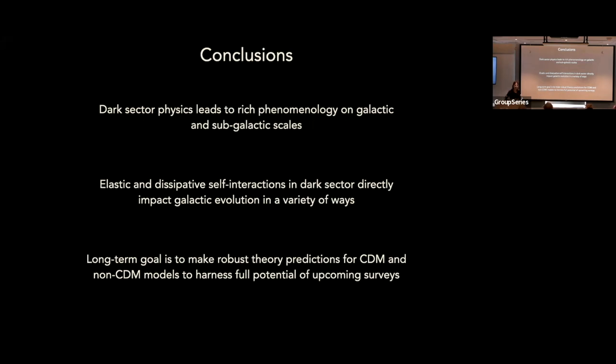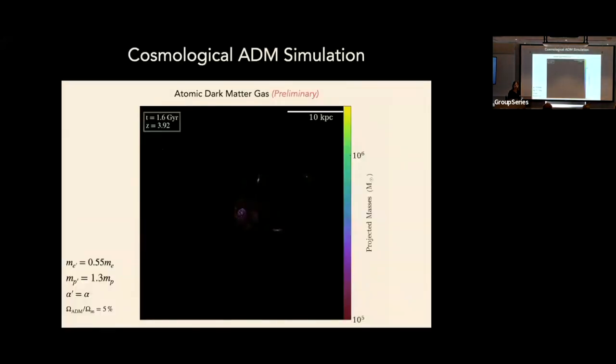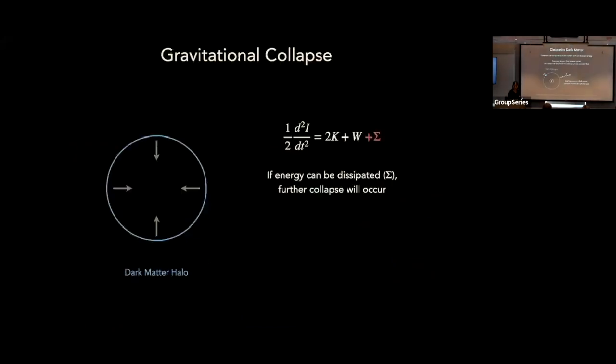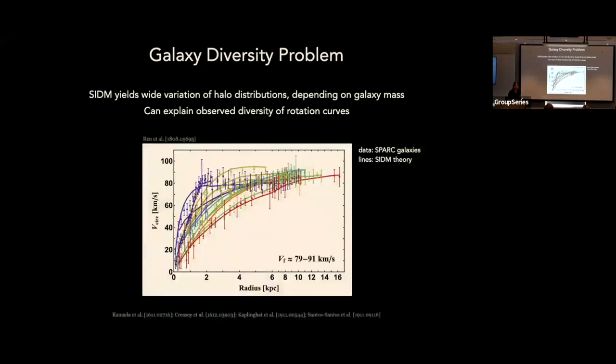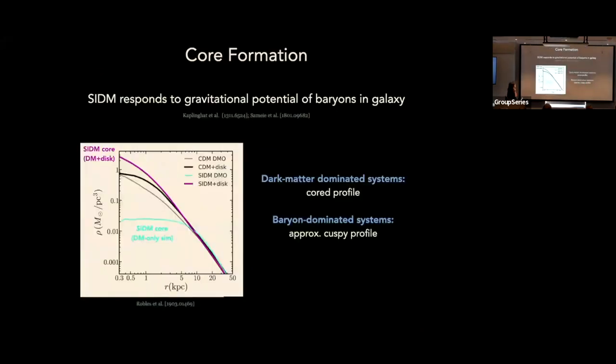Okay, that works. Can you go back to the one slide that showed the elastic self-interacting dark matter and how the profile changes based on the baryonic feedback? This one? Yeah. So you said as a rule of thumb, self-interacting dark matter leads to this coring, but it looks like once you add the baryons, it makes the cusp steeper towards the center than CDM. So it looks like it has the opposite effect. I was just curious if there's an intuitive way to understand that.